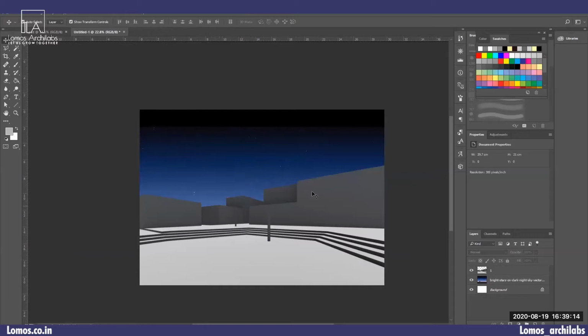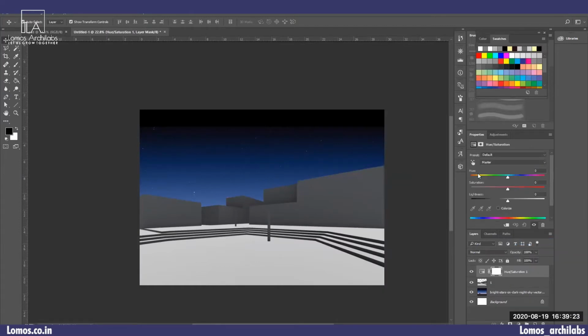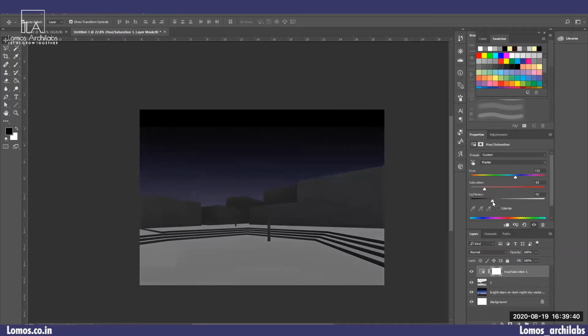Rasterize it. Now right now everything is looking too bright. So what I have to do, I will click on this layer and then check the hue and saturation. So let's say I want to make it somewhere with blue and the saturation, I want to reduce the saturation a little bit. Even the lightness, I want to make it something like this. Alright, so now this has been clipped to the below layers. So my basic sky and the model is ready.